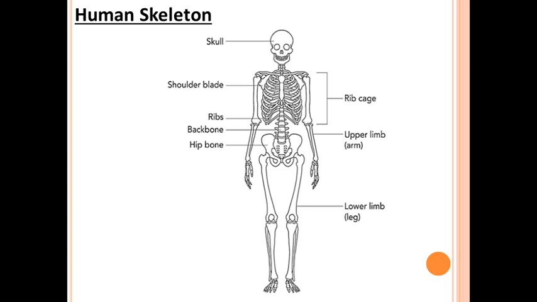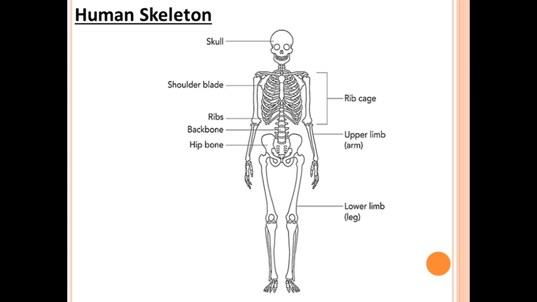But can you tell me, how many bones does a child have? If you are having 206, as an adult human, I am saying adult human, means the age of about 17 or 18, like that. So tell me about a child. How many bones are present in a child? Means less than 206 or more than 206? See, a child has many more bones, means more than 206 bones are there in a child's body.